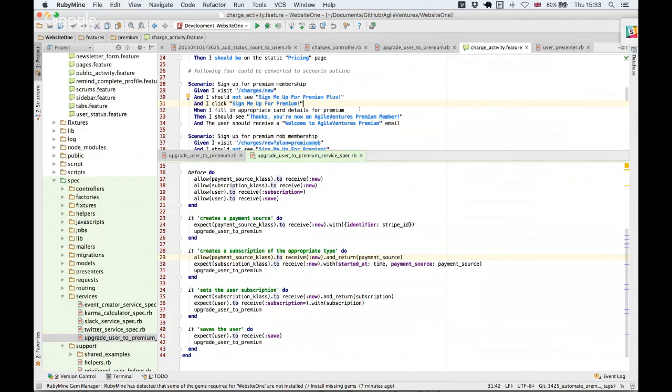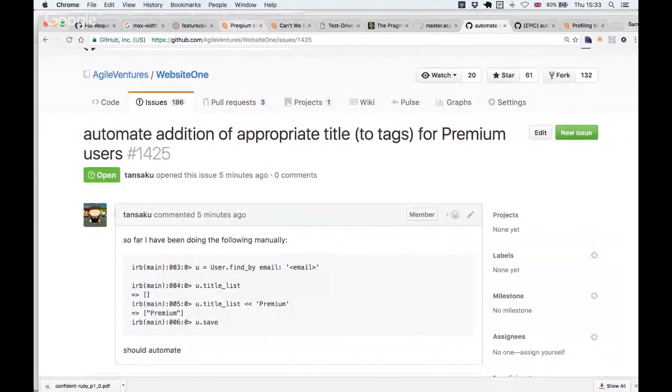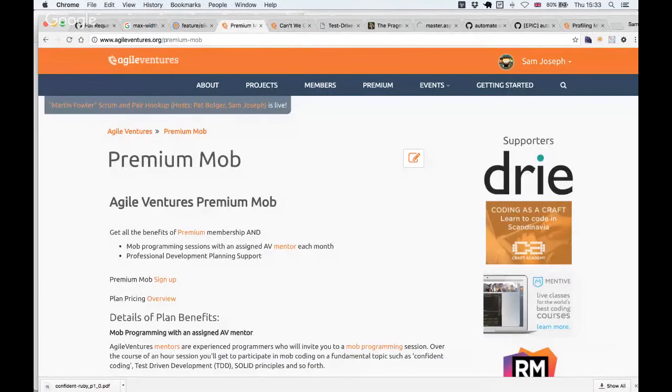It fills in the details. We see that, and then the user should, and the email. So the other wrinkle here is that we have, so for example,